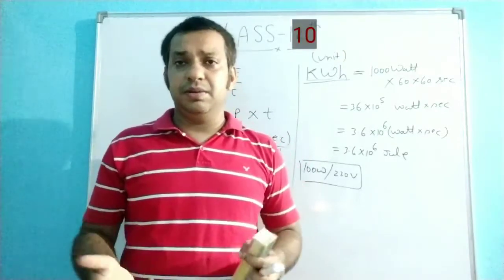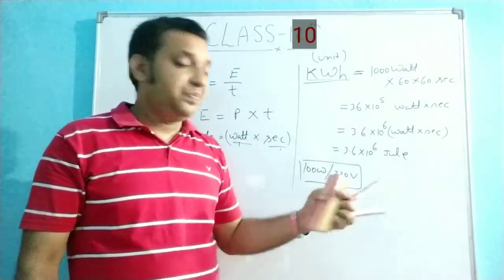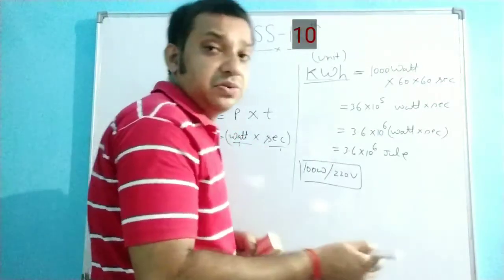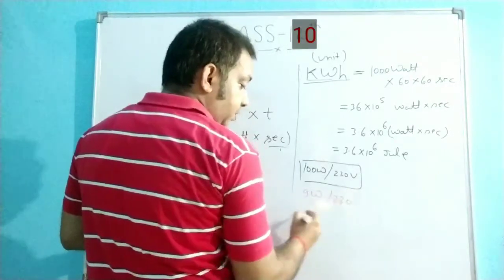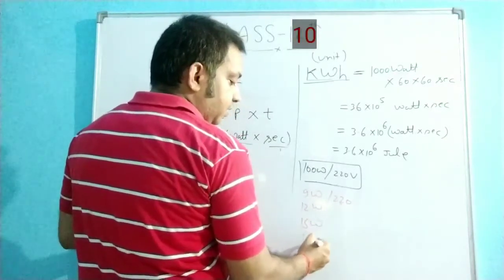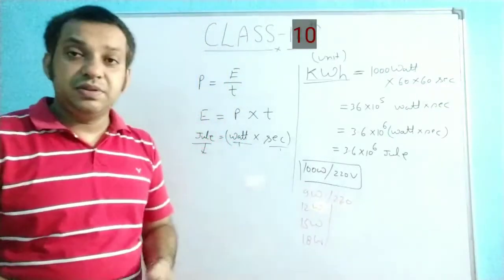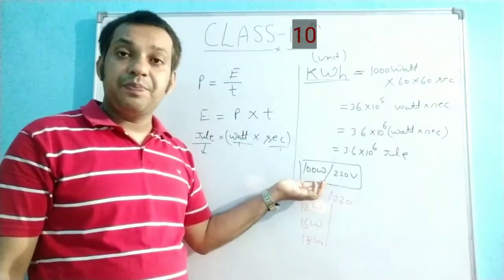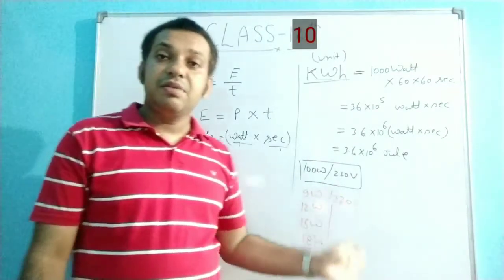Now you know the current situation in every house. Generally, we are using LED bulbs. A 100 watt bulb has a very high power rating, and in the current situation, the LED bulbs we generally use have ratings of 9 watt, 220 volt, or 12 watt, 15 watt, 18 watt, like this. So you can just compare. Our old yellow type bulb is consuming 100 watt, and the LED bulbs have 9 watt, 12 watt, 15 watt, and 18 watt ratings.